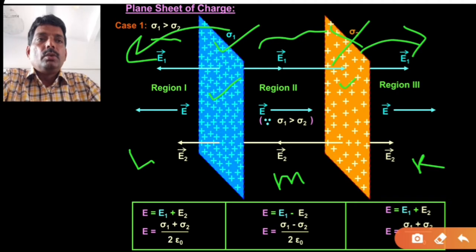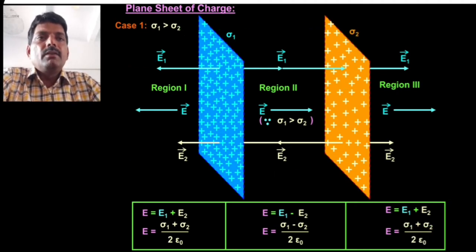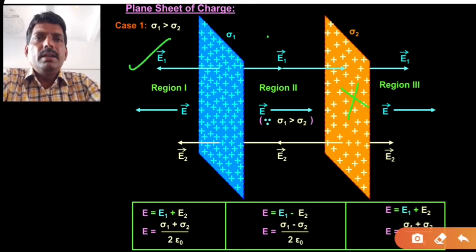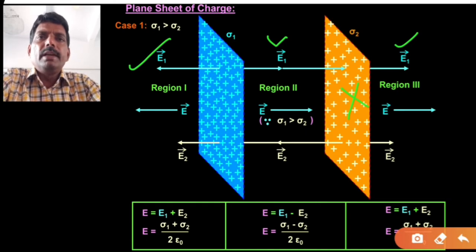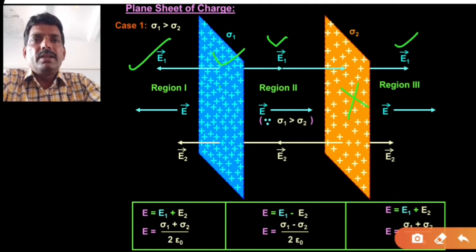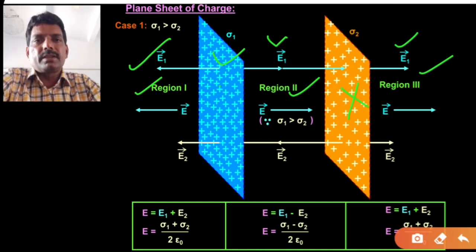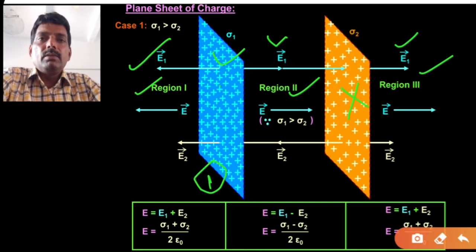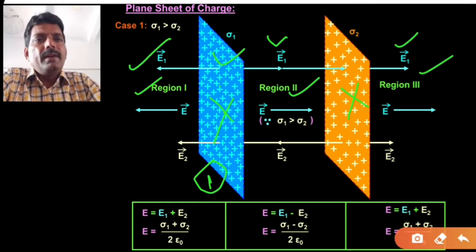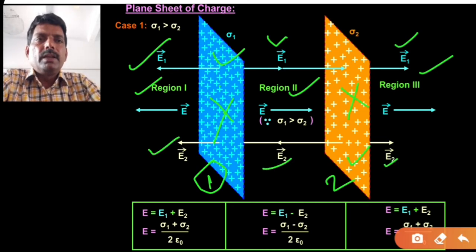Now, whenever I draw the electric field intensity, for a moment I will forget about the other sheet, or remove it, and I have marked E1, E2 and so on. E1 means the electric field intensity due to this sheet. I have marked that electric field in 3 regions, that is, region 1, region 2, and region 3, due to the first sheet. Now I will remove this sheet and consider sheet 2, and I will mark the electric field intensity E2 due to this sheet. So these are the directions of E2 in those regions.